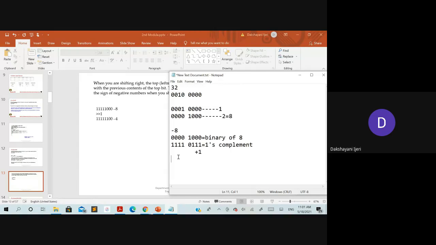It is quite difficult for me to write here. I will directly write the addition resultant over here. If you want, you can check it out. So 1 plus 1, it is 1 0. So again, if you carry 1 here, again it is 1 plus 1, 1 0 here, right? So again here 1 and carried 1, 1 plus 1, it is 1 0. And here it is 0 plus 1, 1. And the rest of the bits are going to remain the same here. So this is said to be the binary representation of -8. This is how you need to do the binary representation of -8 here.